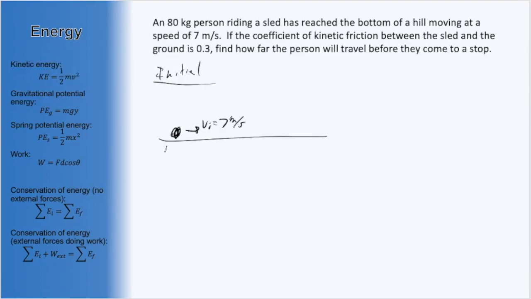We know their mass is 80 kilograms. So if we wanted to draw all the forces acting on this person, there would be gravity, mg, going straight down, a normal force upwards, and since we know there is friction here, friction opposes motion, so it would be backwards. They will move some distance, which I'll call d, until our final situation, where the person has reached the